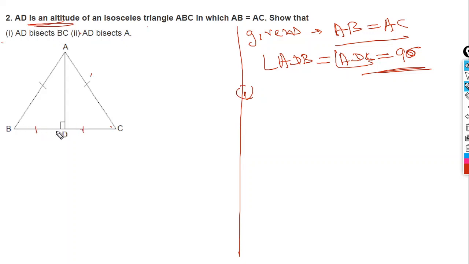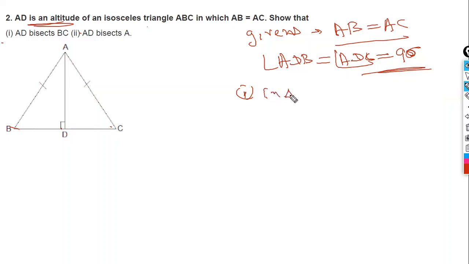Now how can we prove it? If we can make these two triangles ABD and ACD congruent. Look at it: AB equals AC. Then one angle is there, angle BDA equals angle CDA equals 90 degrees, a right angle. AB and AC are the hypotenuse. And yes, side AD is common. So right angle, hypotenuse and side are equal. We can prove it through the right angle, hypotenuse, side congruency rule. So let's try it out.